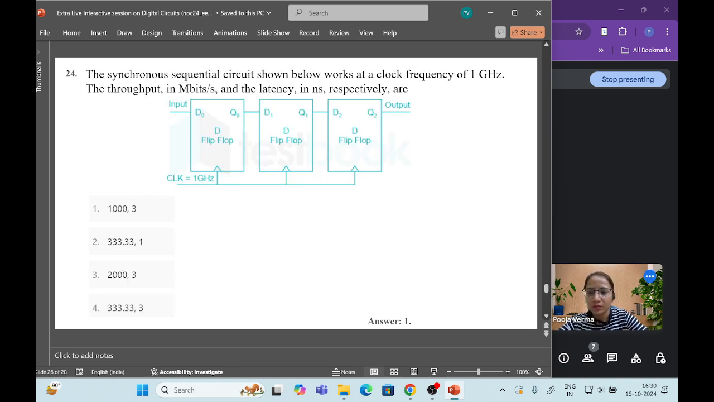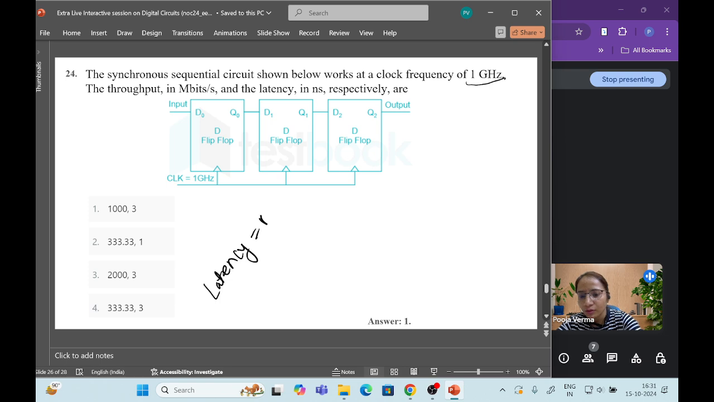Okay, so next question is, the synchronous sequential circuit shown below works at a clock frequency of 1 gigahertz. The throughput in megabits per second and the latency in nanosecond respectively. What will be the throughput and latency? That means delay. Okay, so it is the given circuit, serial in, serial out, right? And the clock frequency is 1 gigahertz. It is given. So latency will be found out by